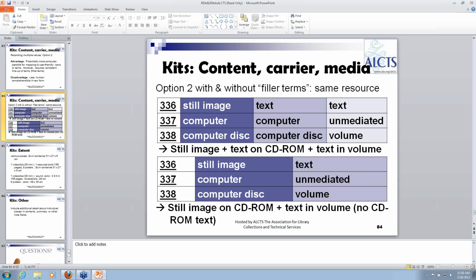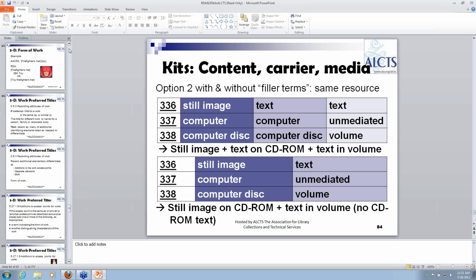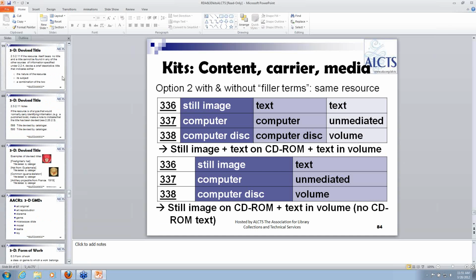And probably in most cases, at least for the significant aspects of the collection, you would want to give each of them their own content carrier and media type. And then again, as it showed in the section on extent for three-dimensional objects, you can really just give detail either